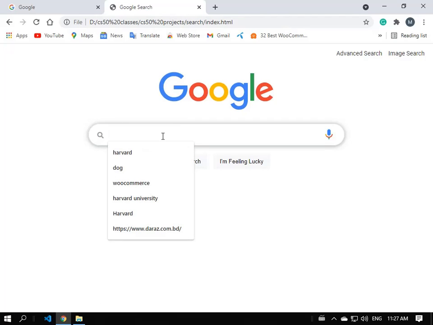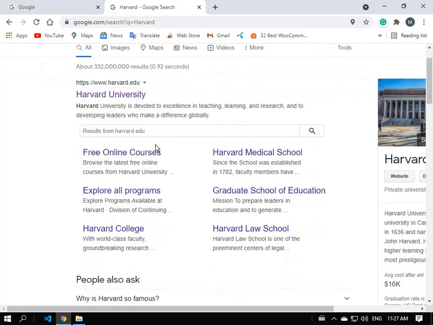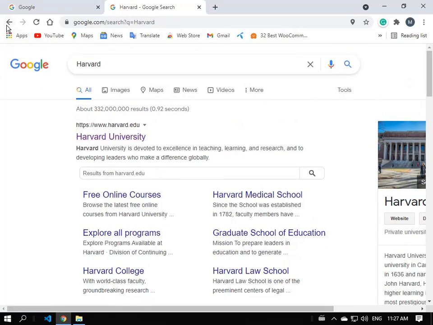On the search bar, if I type any keyword, for example I'm typing here Harvard and press enter, it will bring me to the Google search result page. I'm going back,